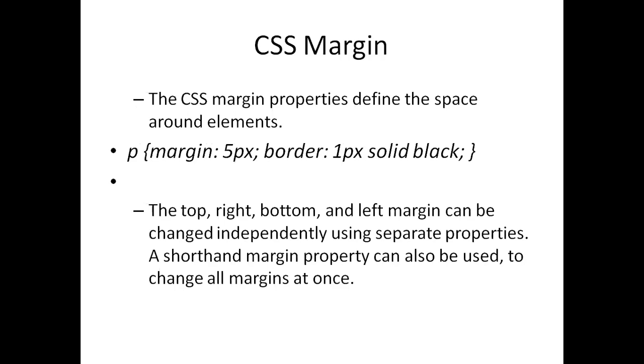Now, after this padding part, we can see that there is a margin. So what is the CSS margin? CSS margin is the property that defines the space around the element. It defines what space is given around the element. So the same, suppose P is the paragraph, and then the margin is mentioned. In the previous example, there was some padding mentioned. So if we are doing some padding, then we need to mention it for padding purposes.